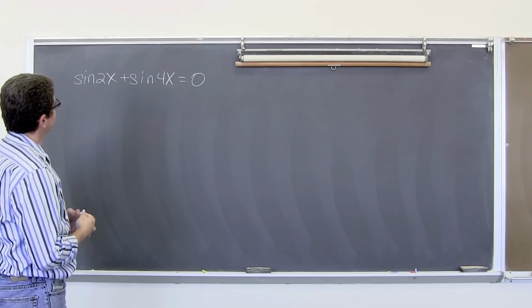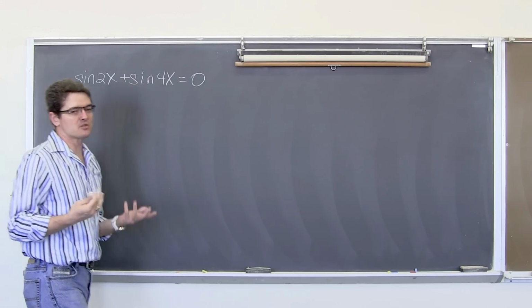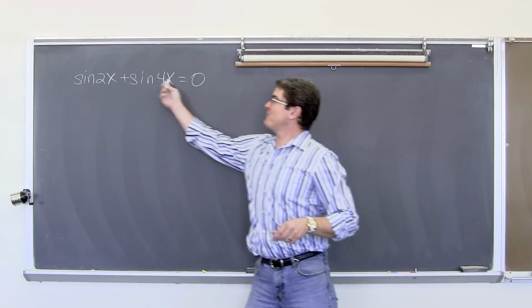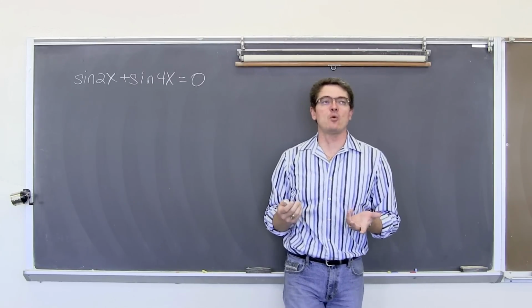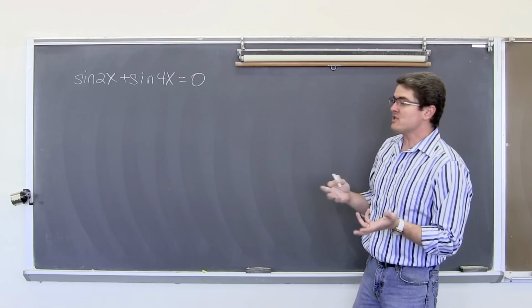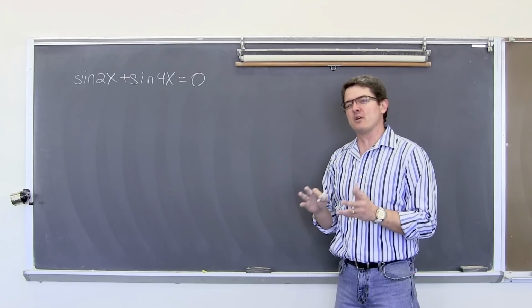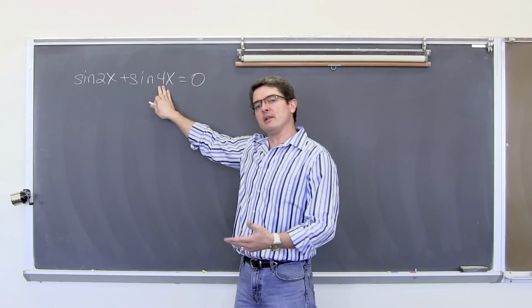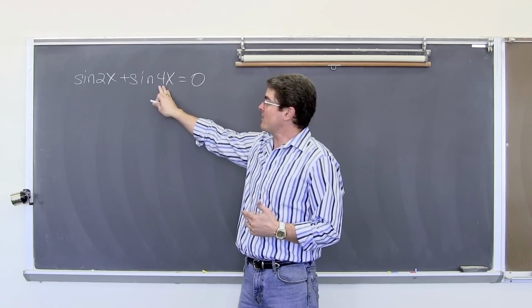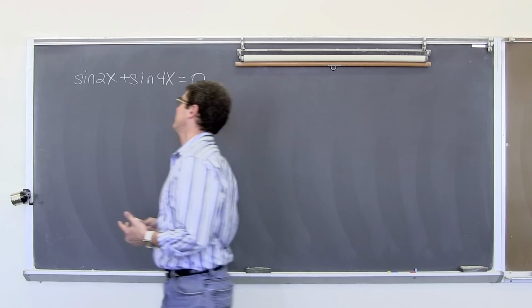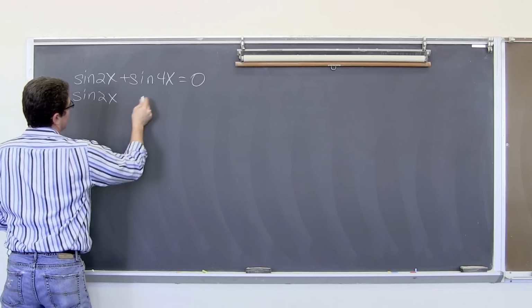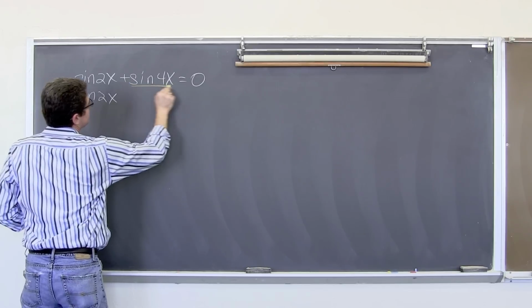How are we going to do that? Because we also have multiple angles here, but they don't even match. Now that's a problem. This is effectively like having 2 variables in the same equation. So unless we can factor those apart or do something with their identities, this is not going to be solvable. But if I use a double angle identity for sine to reduce this down, I will have something that I can actually solve. So we have the sine of 2x and the sine of 4x.